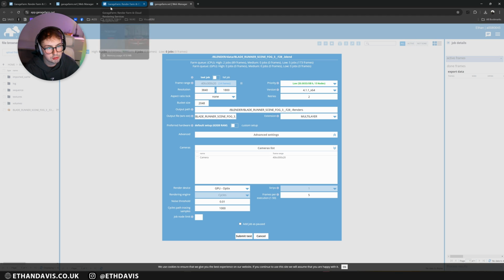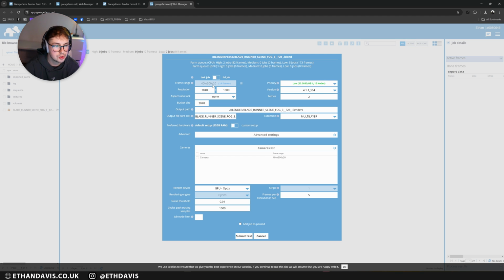So what this is going to do right now is test the job. Now you can do a full job or a test job, and a test job is only going to render 14 frames out of 300. This is going to calculate the cost that the entire job will take when you eventually render the whole thing. Now you could do a full job straight away, but do it at lower quality just so you can check if everything's running right. But yeah, to do a test job, this is what you do.